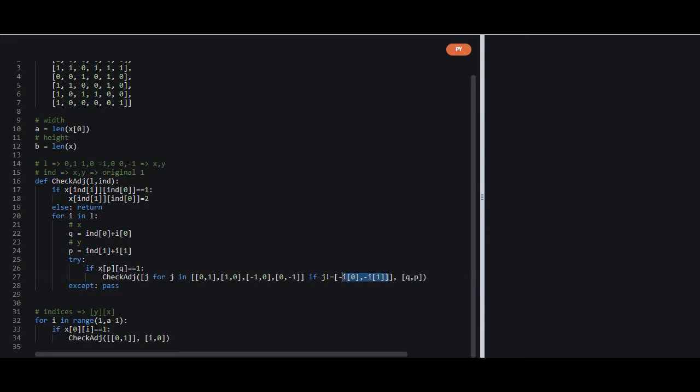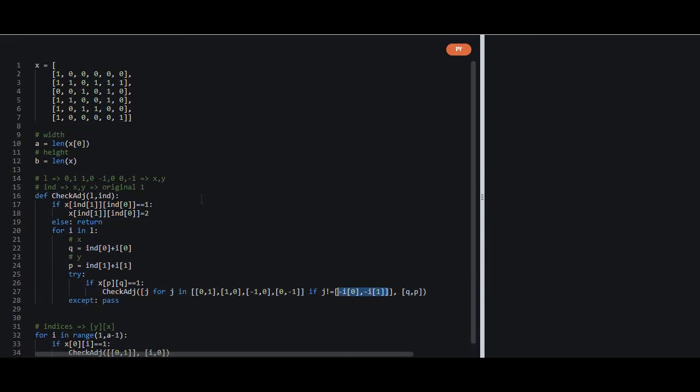So we just have to check that if our I is 0 comma 1, then we shouldn't go 0 comma minus 1. For example, for the first row, let us make 1 here. Now through 0 comma 1 we have reached here. Now we don't want to go back here by using 0 comma minus 1.